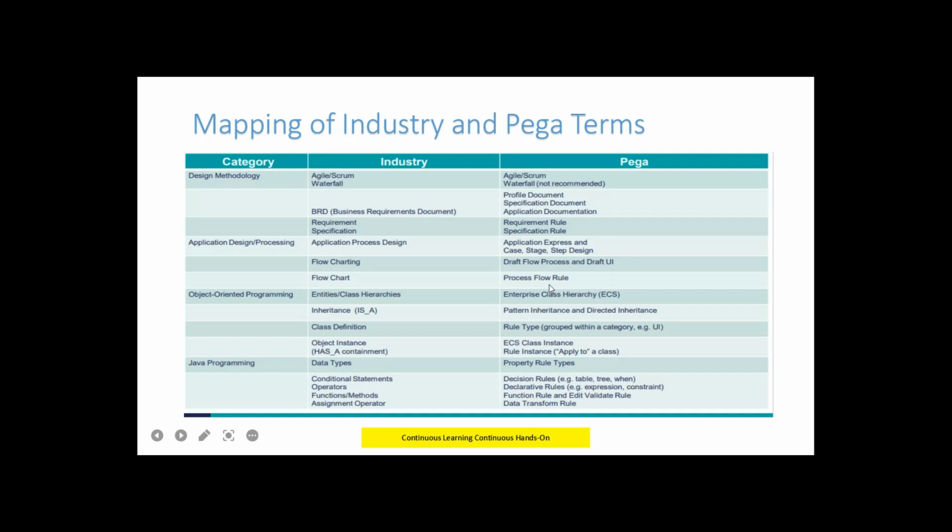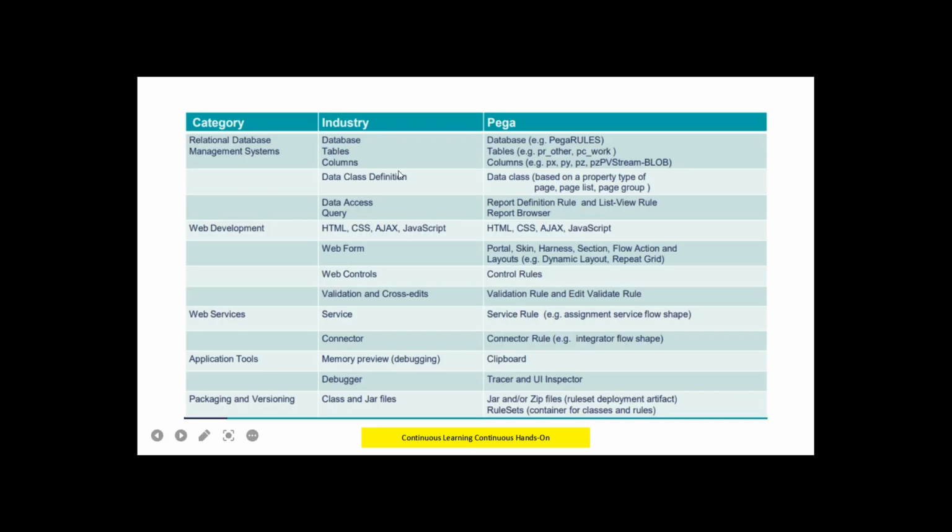Okay, we have enterprise class structure, pattern inheritance, situational layer cake. Different rule types. So these are all the Pega terminologies compared with the common industry. For sections you will go with mockup UI sections, flow actions, but in real time we'll have the